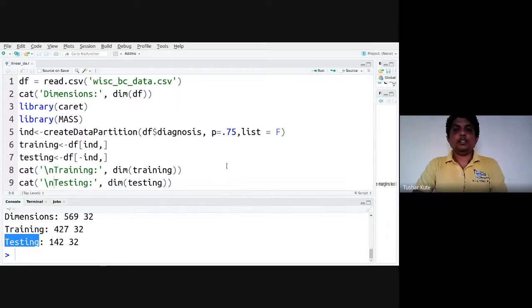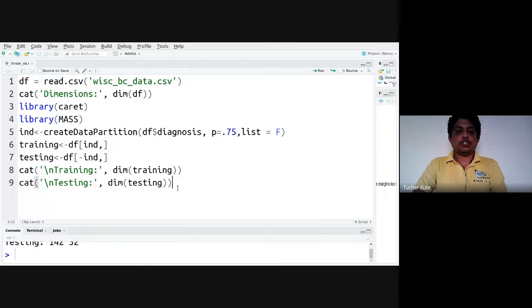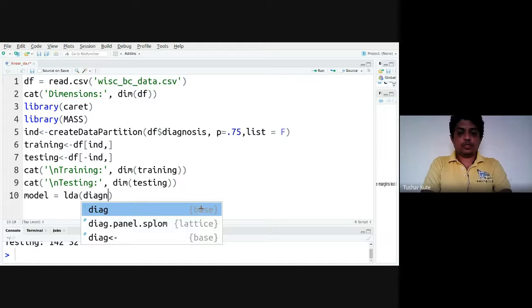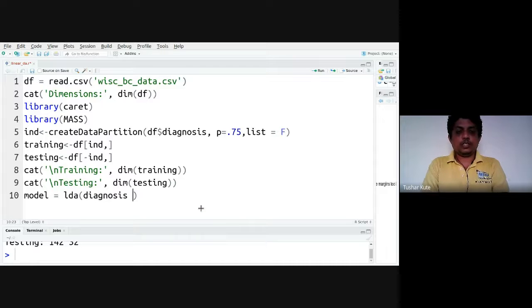Now let's build the linear discriminant analysis model, which is used to do the predictions. The same kind of method we will be applying. Model is equal to lda. In the lda function of MASS, we have to apply the output and input variables first. The output variable is diagnosis, and the remaining others are input variables. Fine. The LDA model is created.